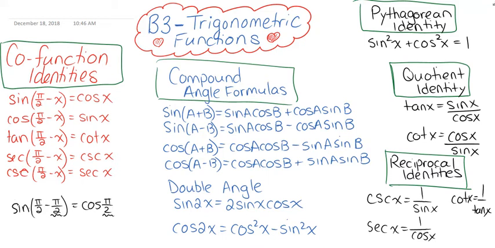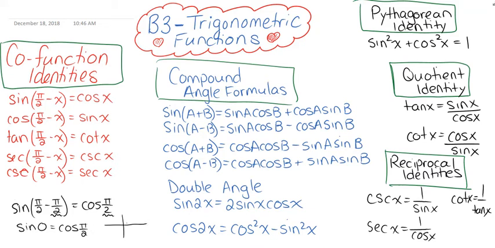If we had the sine of pi over 2 minus pi over 2, that is actually just 0, and that's equal to the cosine of pi over 2. So we know that sine of 0 radians is equal to cos of 90 degrees, or pi over 2 radians,